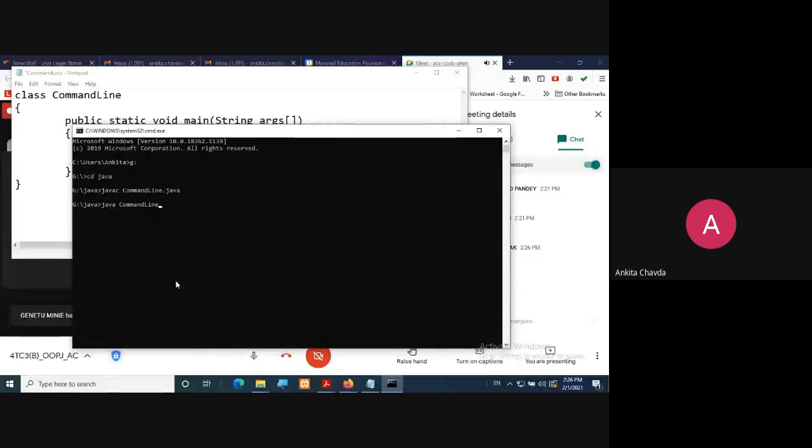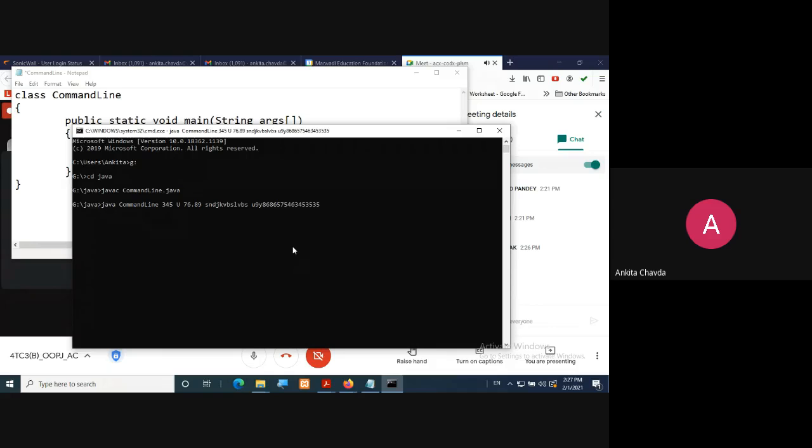When you run this program, don't press enter directly. Again, I'm repeating, don't press enter. Instead, just give a space and the number of arguments, whatever arguments you want to give. Suppose I want to give some integer value, I give it, then space. I want to give some character, so I give one character. Then a float value, then some string. Whatever you want, that argument you can give here. This will be treated as a string, and then I simply press enter.